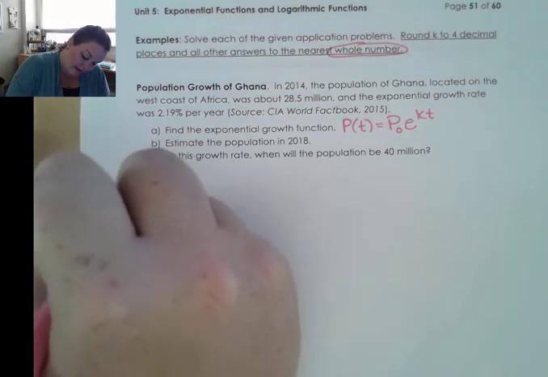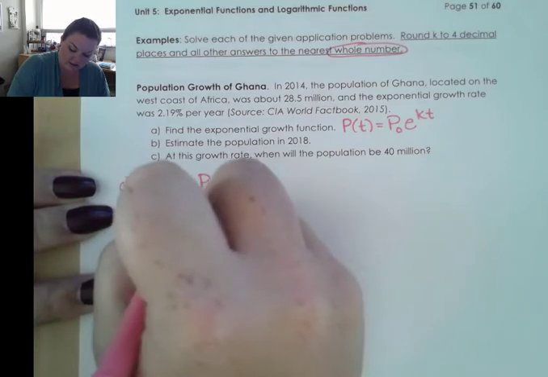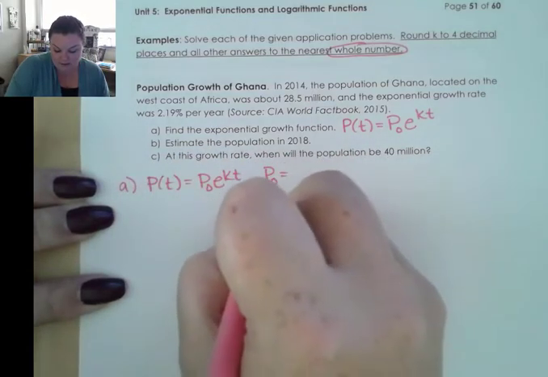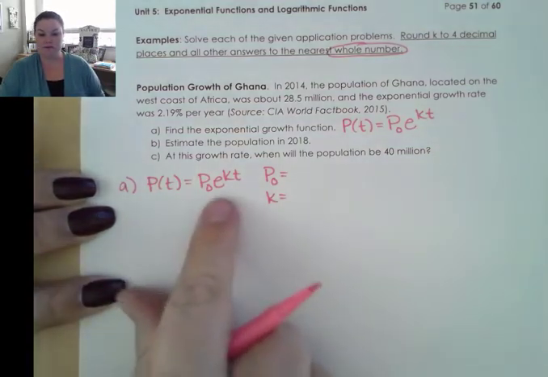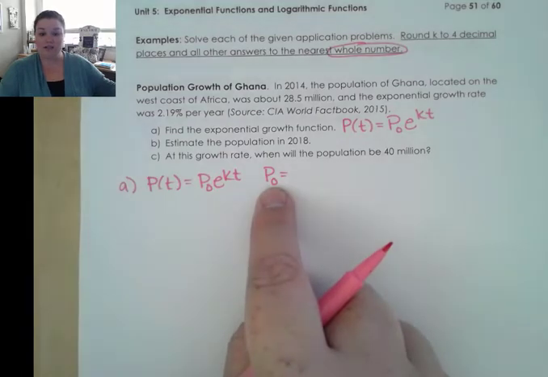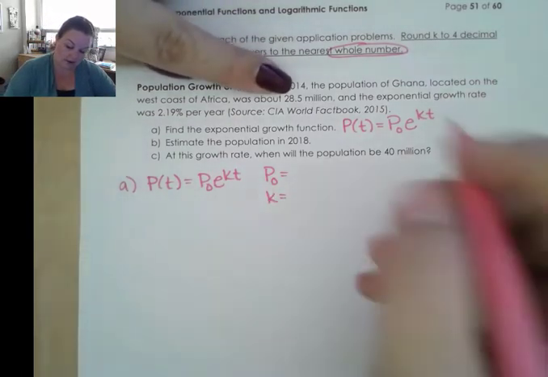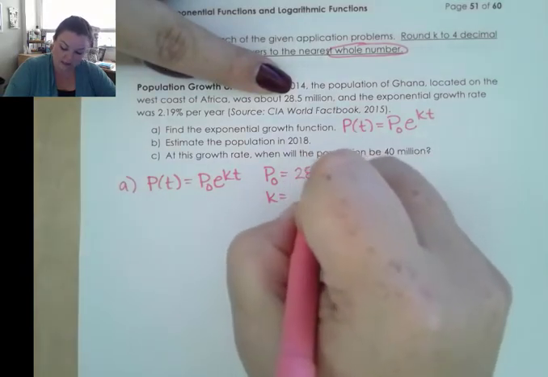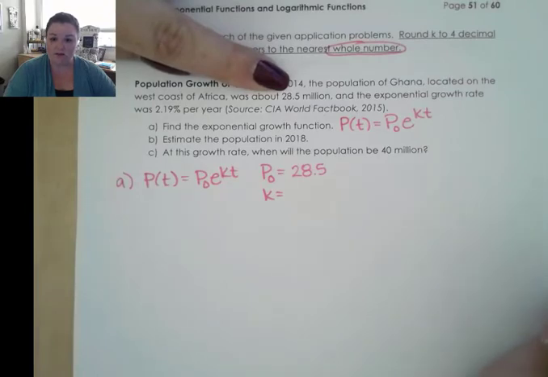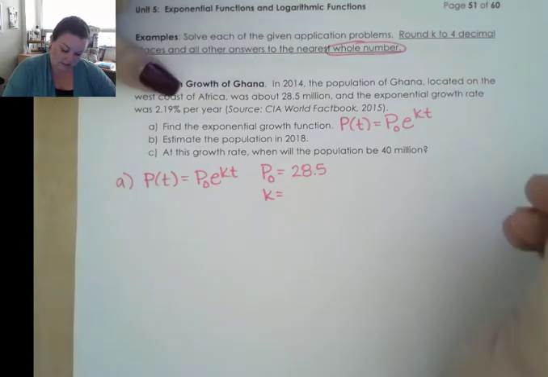So for part A, we want to write P of t is equal to P naught e to the kt, but we need to know our beginning amount and our rate in order to be able to write this function. Our beginning amount, or our starting population, when we're talking about Ghana in 2014, says our population was about 28.5 million. So that's going to be our starting value, or our initial amount, okay? And then it tells us the growth rate is